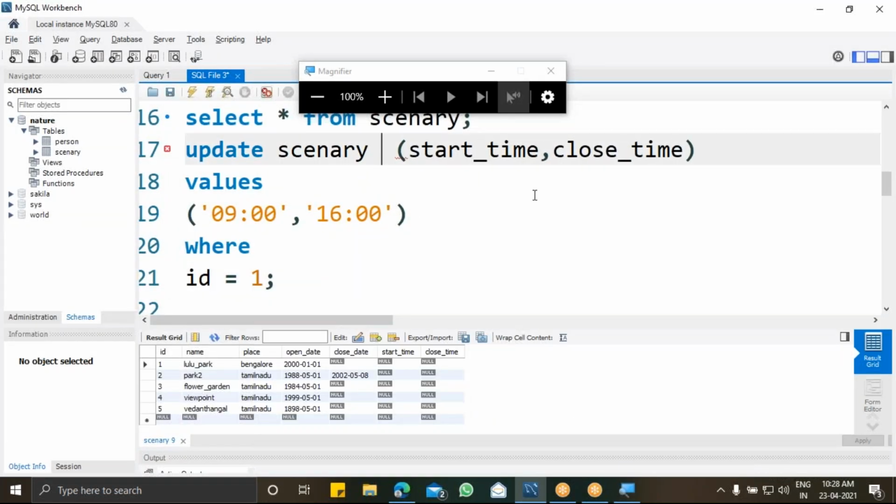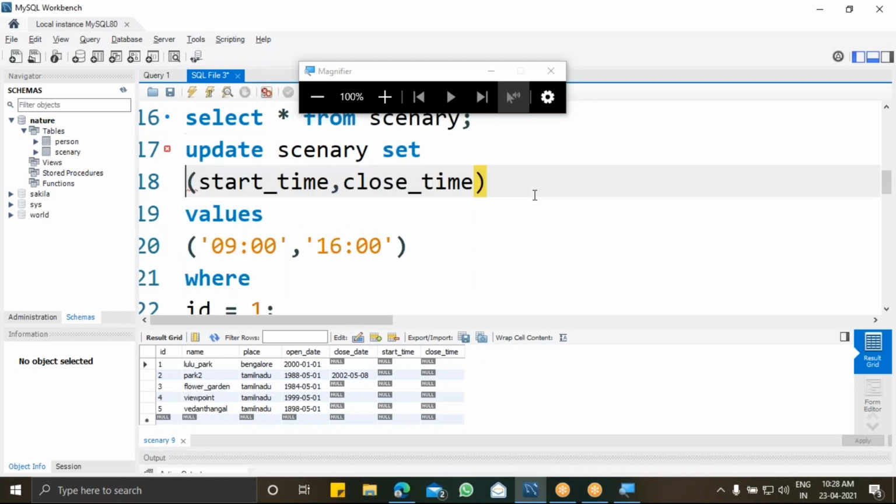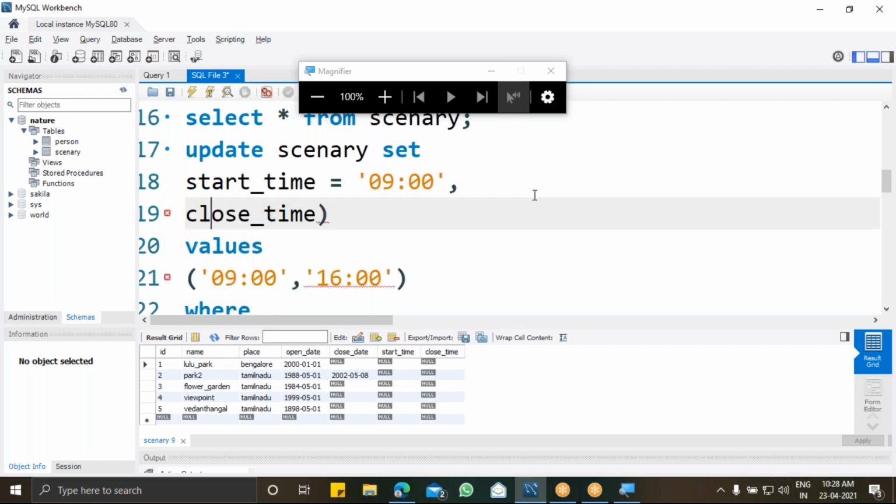So what I'm going to do is I'm just going to use SET, followed by start time. Start time equal to the value, which is going to be 9 a.m., comma, close time.